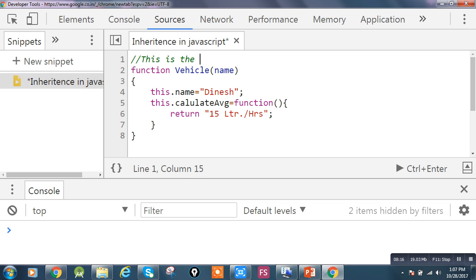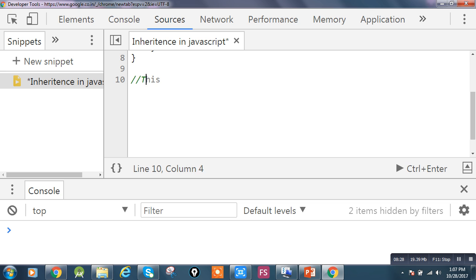Now I'm going to write the child class. So I have to write function, the name of the child class, and you can pass the constructor parameter, and I will write the same thing that I demonstrated during the slide view.